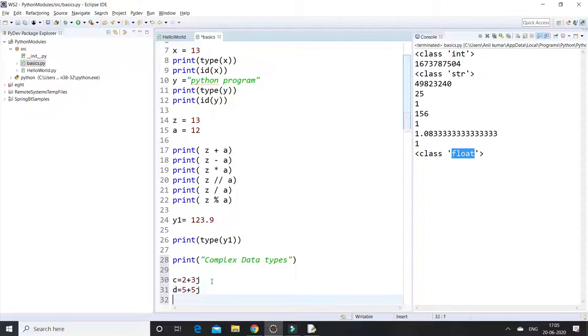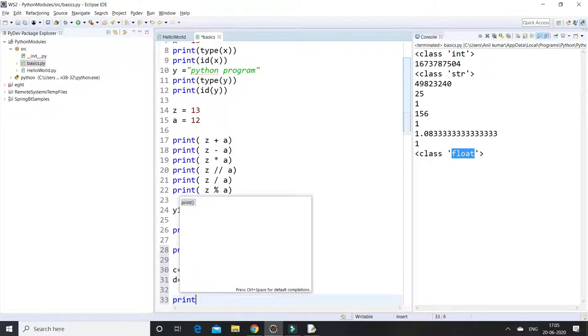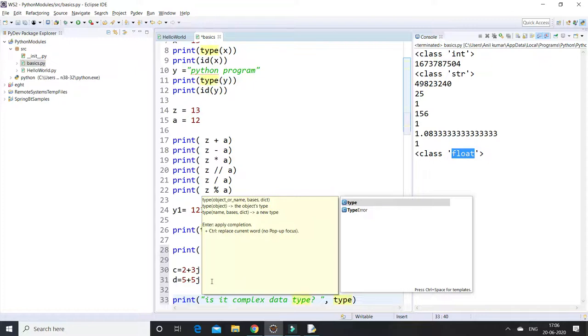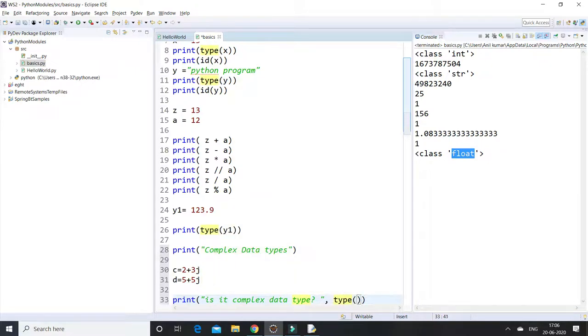Let's test whether it is a complex data type or not. Use the type method and pass any one of the complex data type variables. So I am passing the c variable.